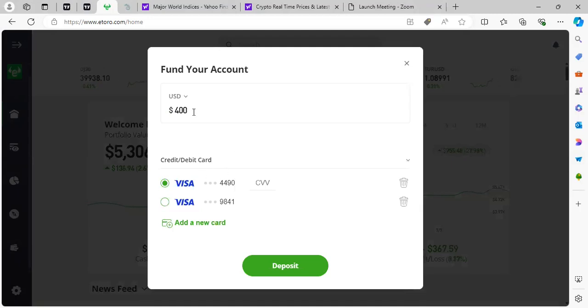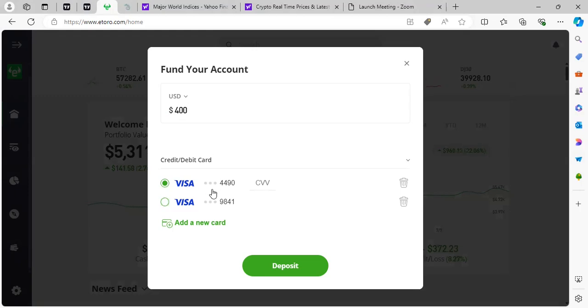But take note, when you wire some money using your debit or credit card, there will be some charges. I've read on some videos and tutorials that it could cost 20 to $40. So it's better to put in the maximum amount you want to deposit at one time so that the charge will be offset. I mean, the percentage from what you deposit is not so much. It will not affect much, because if you deposit $50 and the charge is $40, then only $10 will go into your account.